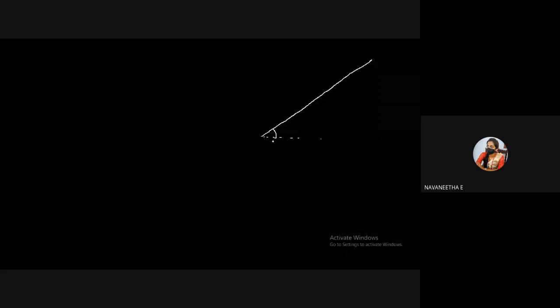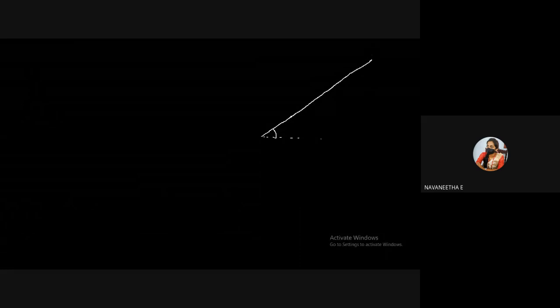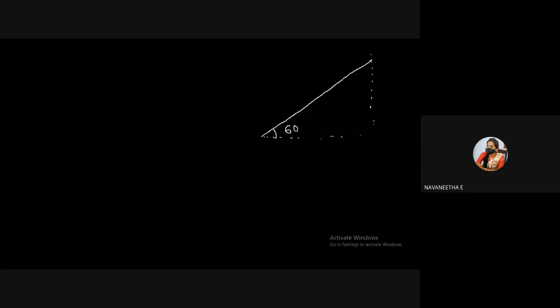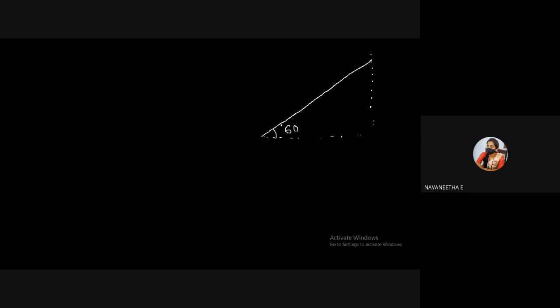So here, this is our ladder, and the inclination of the ladder with the horizontal surface is how much? 60 degree, right? The inclination of the ladder with the vertical wall is given in our question, that is 30 degree. So with the horizontal it is obviously 60 degree because it is a right triangle.